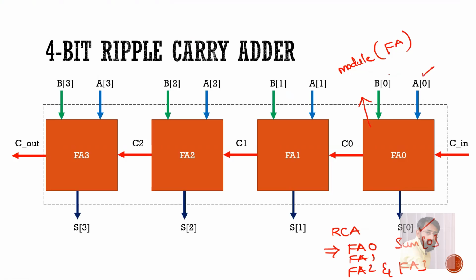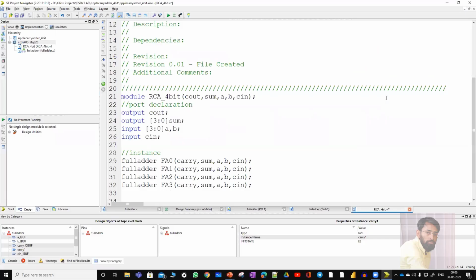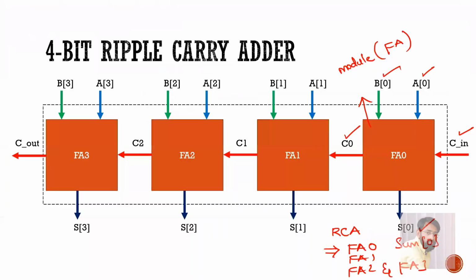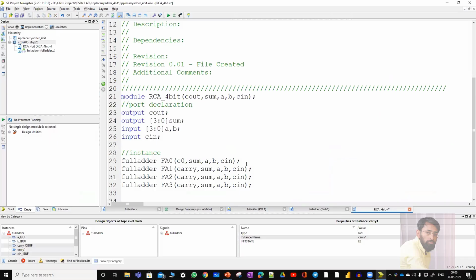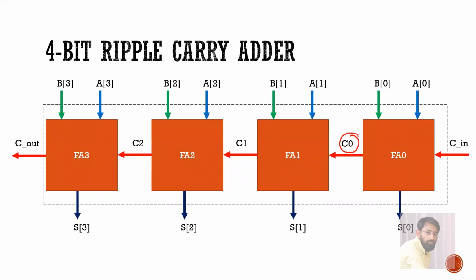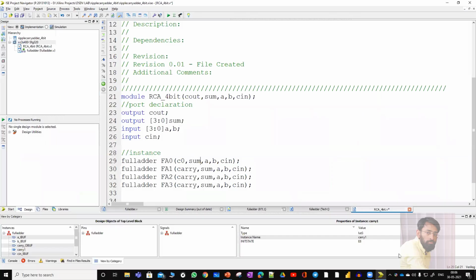Next, A0, B0 and Cin are nothing but input. C0 is again output. So the same style I'll try to follow. See here. First is nothing but carry. So what is carry here? So initially carry is C0. Okay. So better I'll try to write it like this. I'll write here as C0. Next, it is S of 0. So as I've declared it as sum, so better I'll write as sum of 0. So here it is sum of 0.